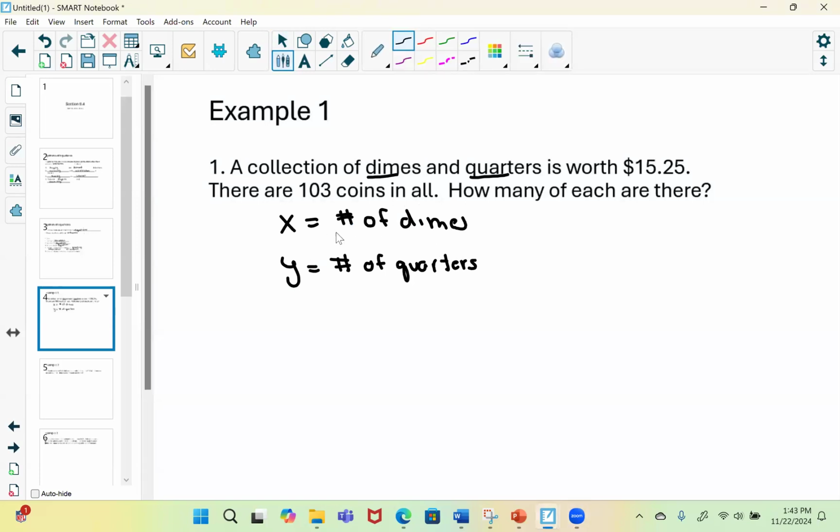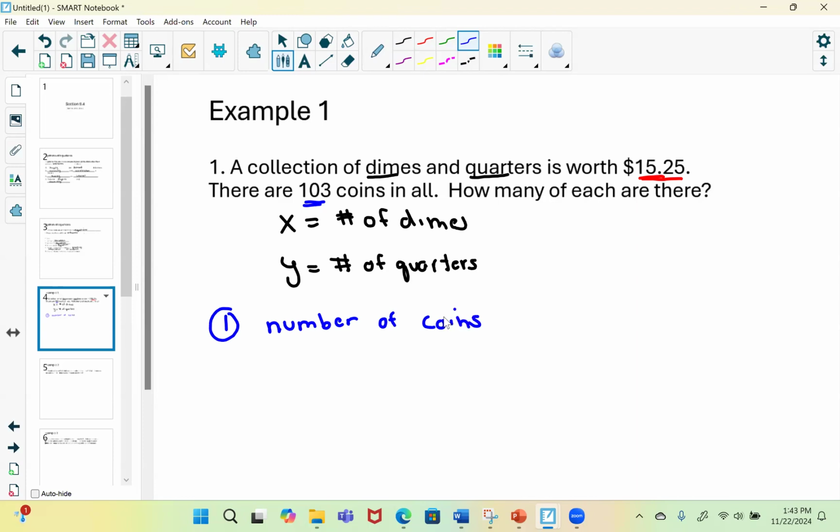Okay, so then because I'm trying to find two things, I have to have two equations. So the one equation has to do in this case with how much it's worth. I know a total for how much it's worth. And the second thing I know is how many coins there are. Okay, so it doesn't matter which one you do first, but if I talk about my first equation being about the number of coins,